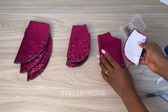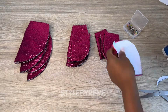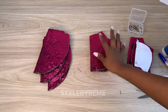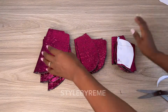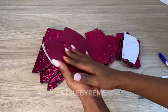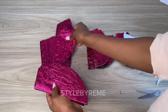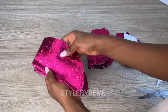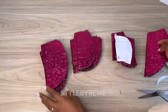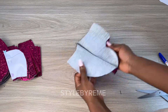So after I was done with all of this, this is what I had. Okay, so this is what you should have when you're done. You should have 3 different sizes of this and you should have at least 6 of each one. Okay, so this is what each one looks like when you open it up. So they are double. Each piece is double. This was why I told you guys to make sure that your fabric is folded into 4 when you are cutting it out. Okay, so you want to make sure that you have 6. I cut out some too much, so I'm just making sure that it's 6